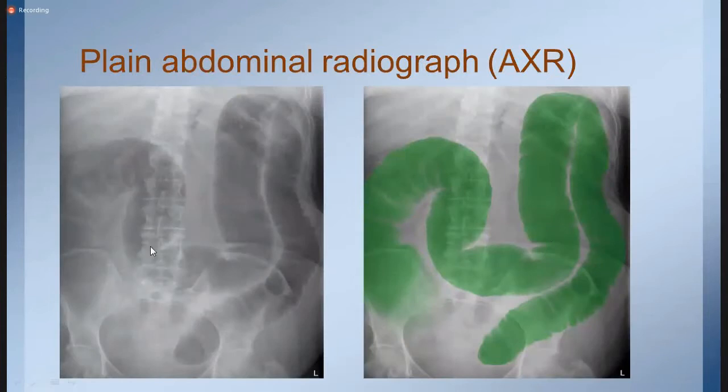Then we have another example demonstrating large bowel loops. This is cecum, this is ascending colon, this is hepatic flexure, this is transverse colon, this is splenic flexure, this is descending colon, and this is sigmoid colon. So there are haustrations seen. Here you can see these haustrations. These are incomplete bowel wall thickenings going through. And bowel is dilated, so this is a case of large bowel obstruction. And it's peripherally placed.